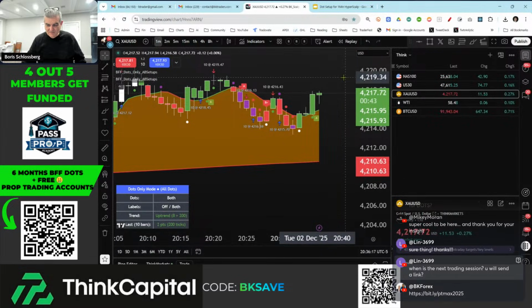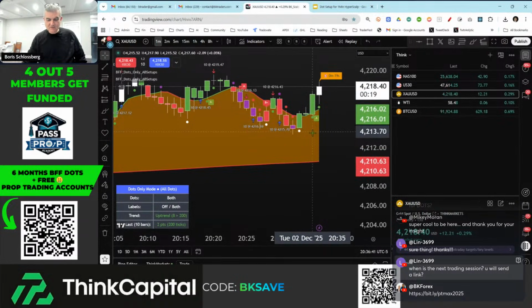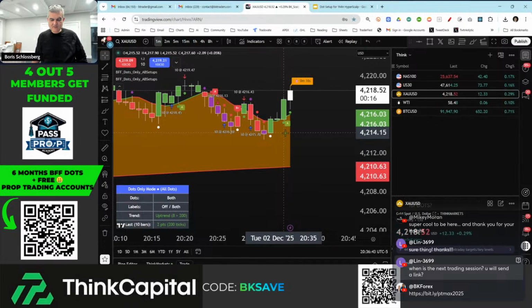We're at 1784. We probably would have been able to get like 1822. So there we go. Boom. It would have hit target for us. We would have made money on that. So you can see it's literally like a ballet: trend, consolidation, counter trend, reversal back, right? And all of it totally visible for us using dots, structures, and everything else. I really love it. I hope you guys do too, because it's super easy now to go with the flow, depending where the flow is at. And look how many trade opportunities we have today.